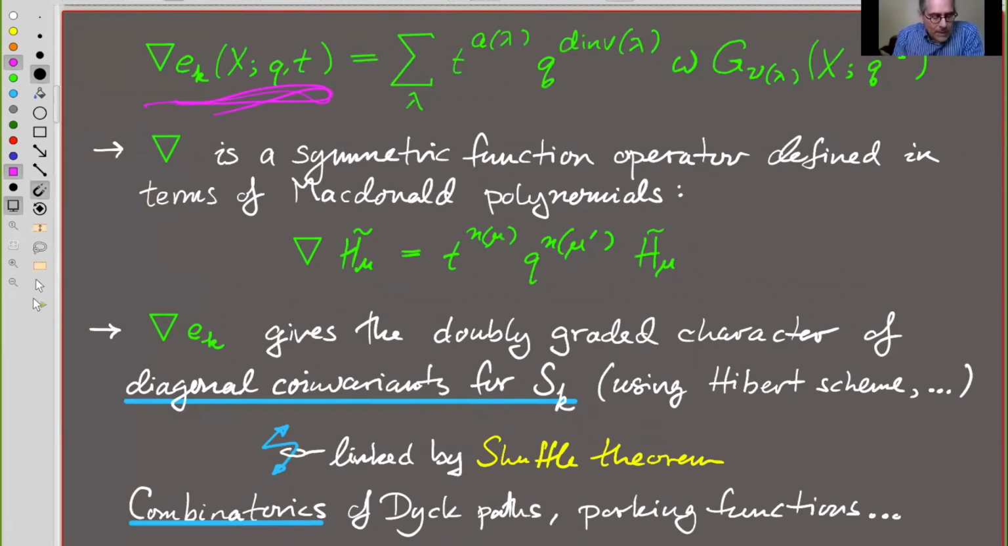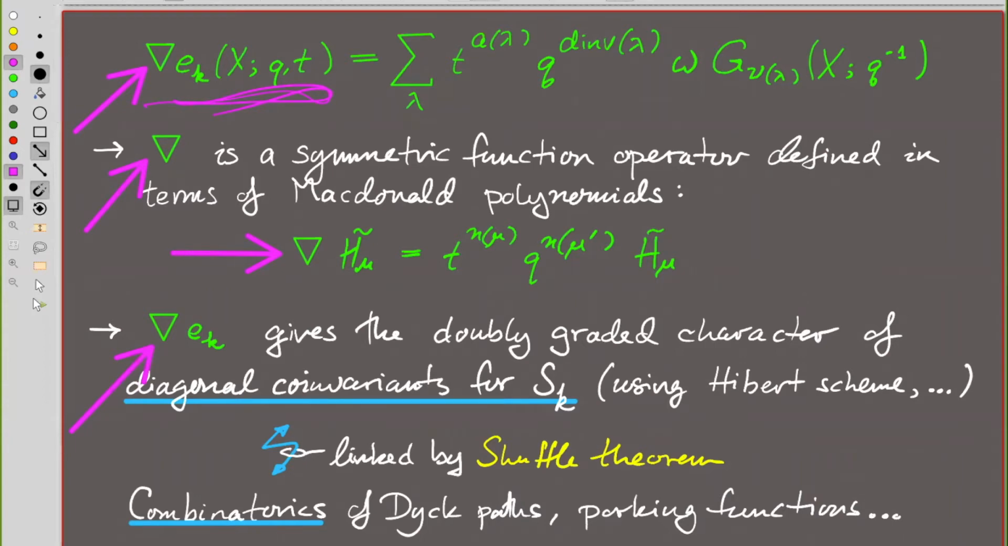So e_k is the kth elementary symmetric function, and nabla there is an operator which acts on symmetric functions. And it's defined in terms of Macdonald polynomials. I'm not going to give you the precise definition, but the Macdonald polynomials are its eigenfunctions, and the eigenvalue is a monomial in t and q. And this operator is, along with some others, an important piece of the theory of Macdonald polynomials. And one reason why this is particularly interesting is that when you apply it to the kth elementary symmetric function, so you get what we have on the left-hand side,